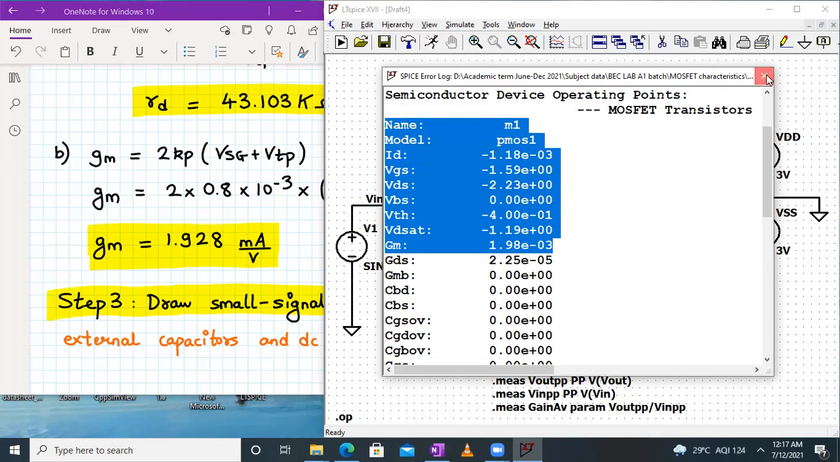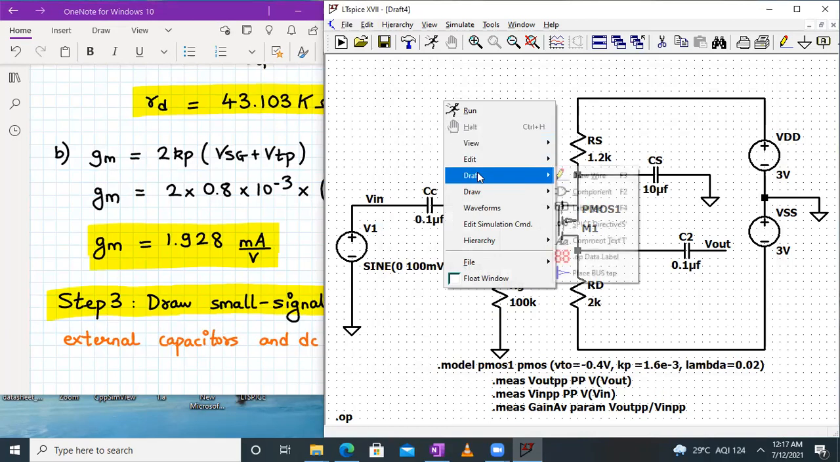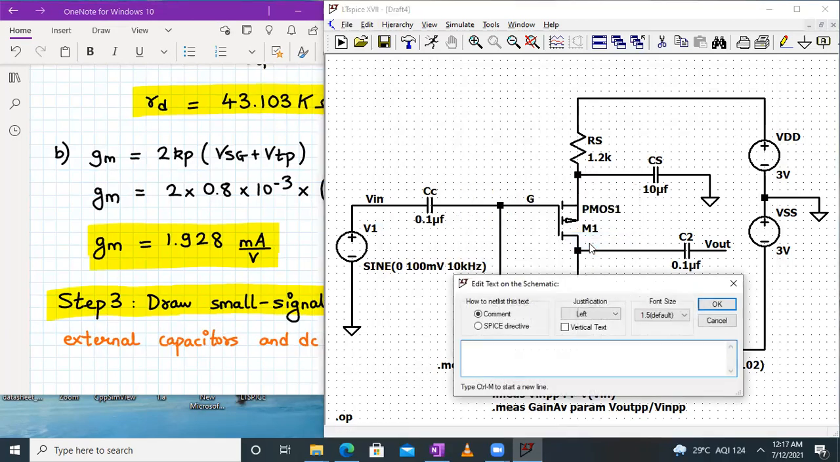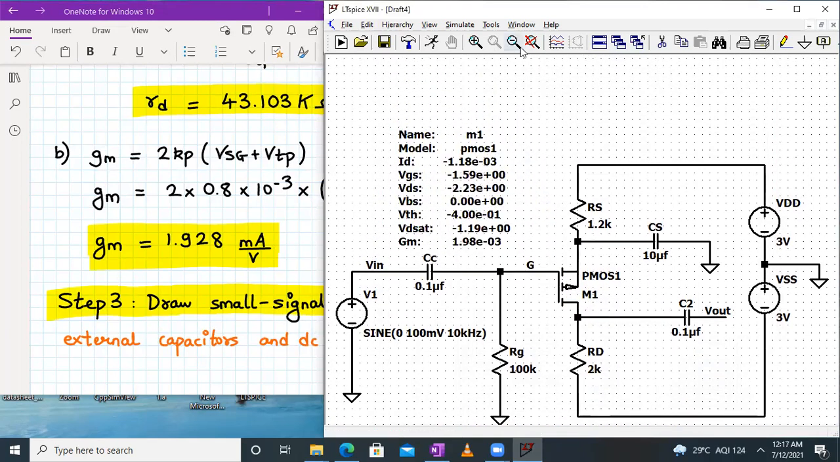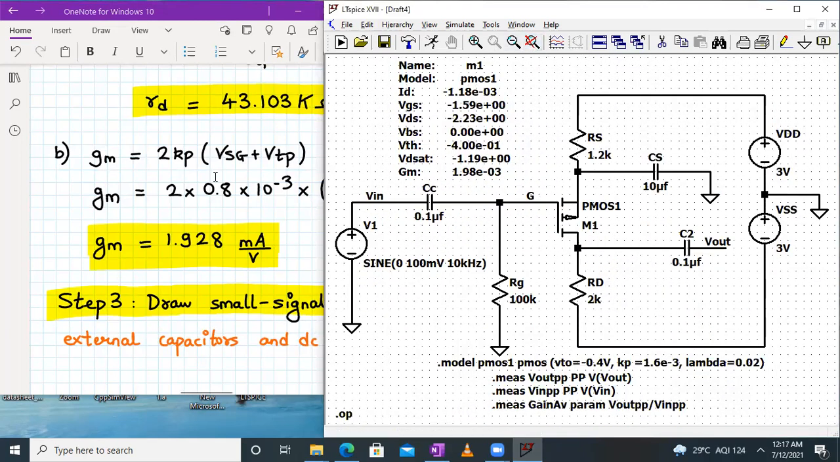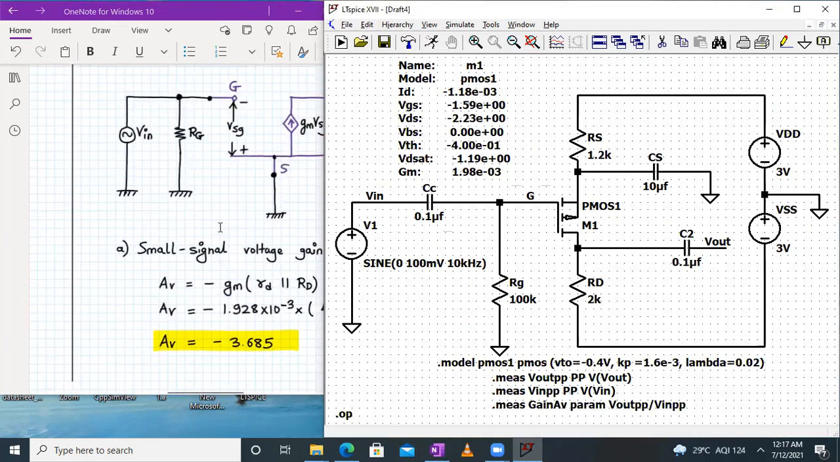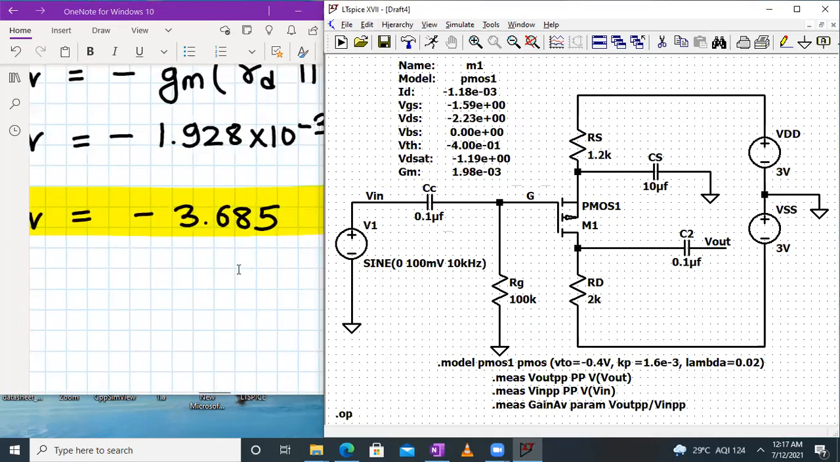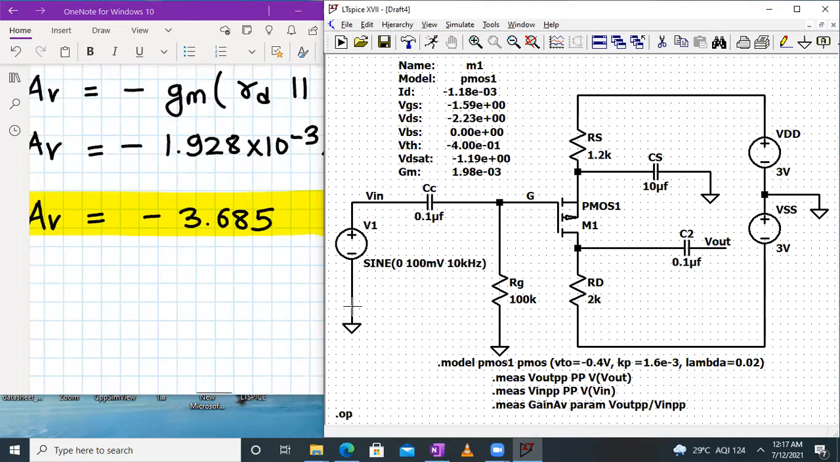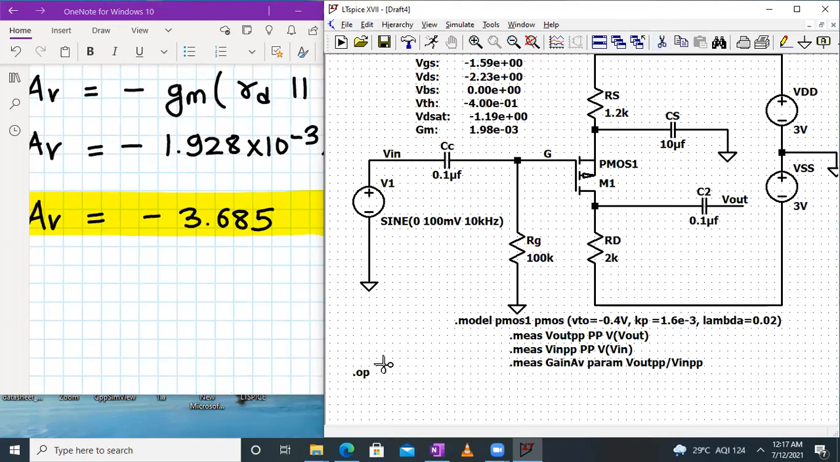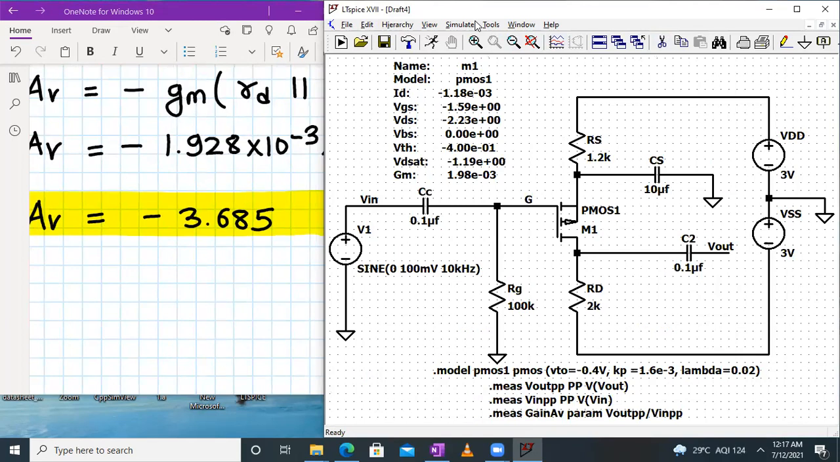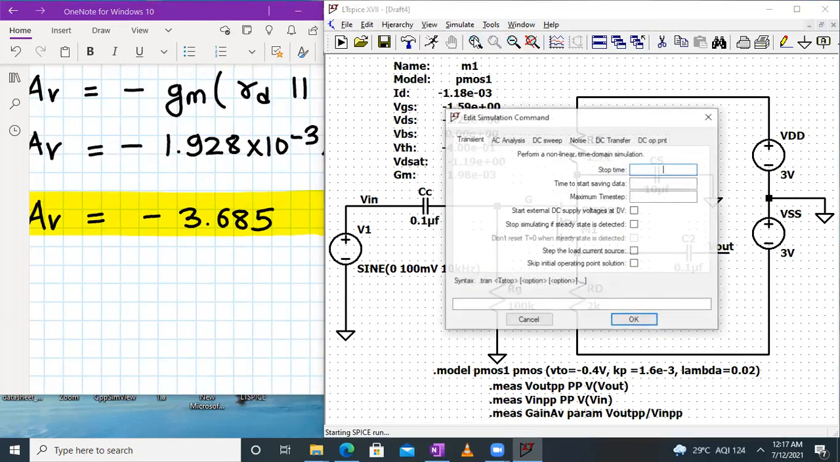Control C, I'll right click and go to draft, go to the comment section and add all the parameters like this. So all the parameters are added. And now we have to check whether the gain is coming out to be minus 3.685 or not. It might slightly deviate, but we should be optimistic about it. So now let's delete the .op statement and go to simulate, click on run,